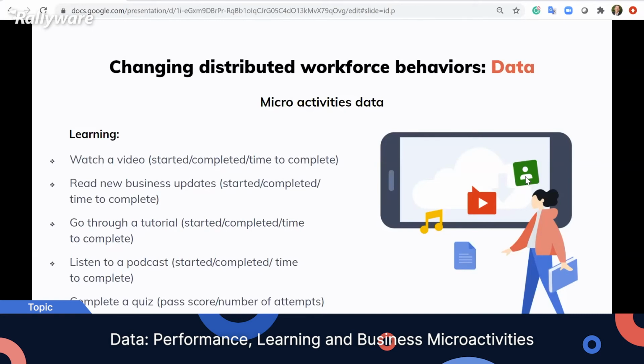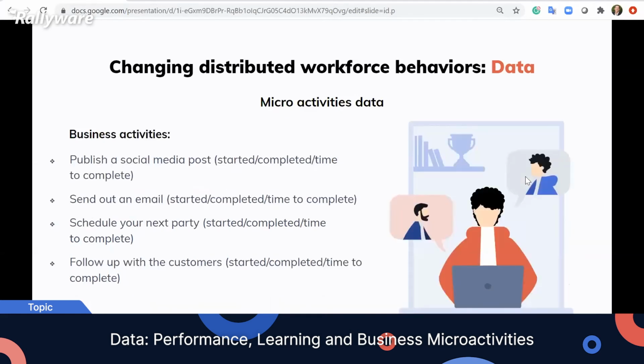One of the things that Christina talked about was delivery, right? I'm sure there's a lot of people on the call and just in general who consume so much education when they go for a walk or ride in the car or anything along those lines. So again, that delivery of that information, and then when they complete a quiz or answer a survey, something along those lines. But the ability to take that data, and as it relates to the performance information, we take that data and we now apply that and bring that together with the micro business activities.